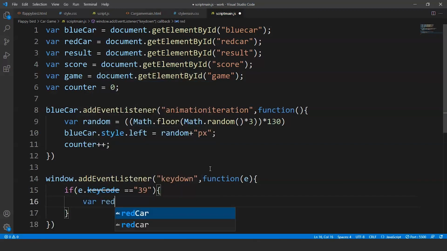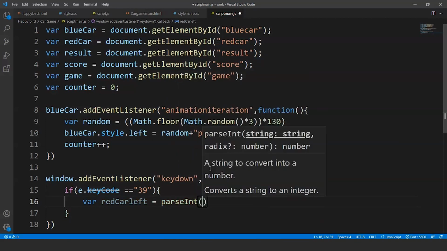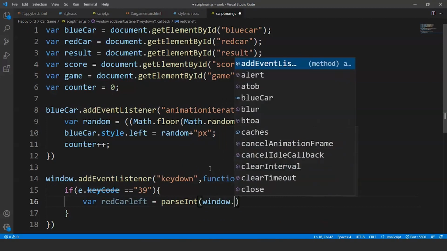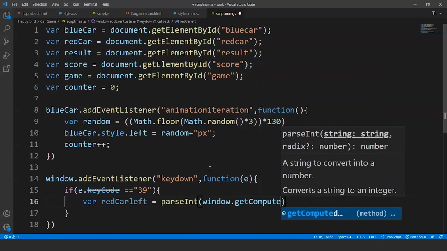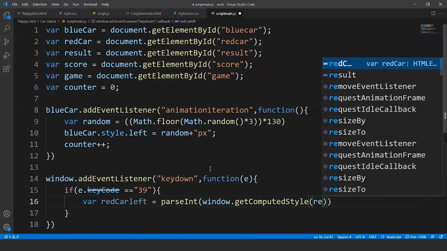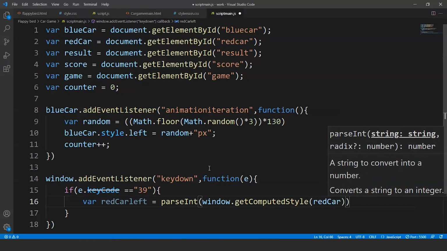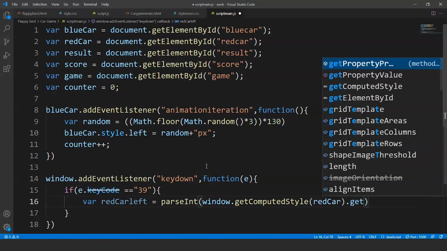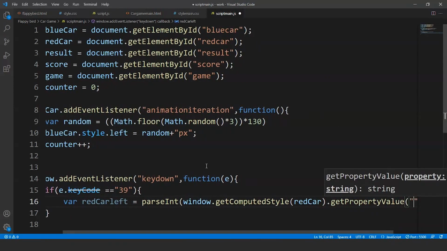we'll take a variable where redCarLeft is equal to parseInt of window.getComputedStyle. We'll get the computed style of redCar and we'll write here getPropertyValue. Fine. We'll take the property value here as well. We'll take the left value.